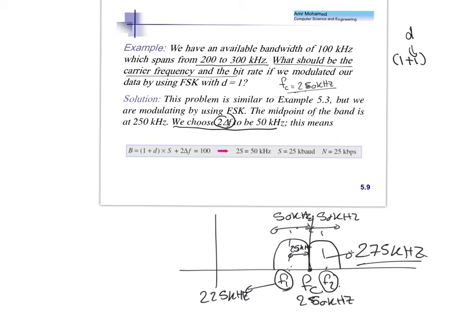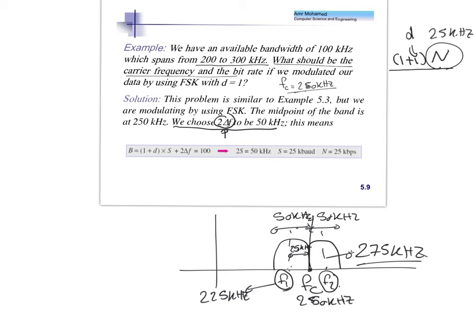This is D, okay, times S, which is N, okay? So this is 1 plus D times S. So in that case, if we assume that the 2 delta F is 50 kilohertz, if we calculate, N is actually 25 kilohertz. So it happens that